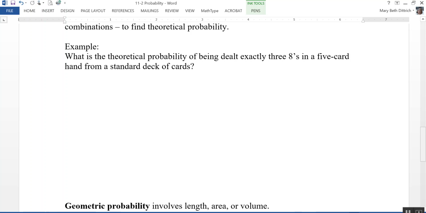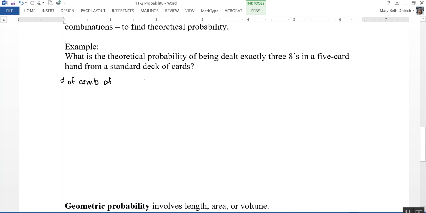Sounds like you're playing poker, and so what's the probability when they deal you the 5 cards that you're going to get 3 eights? Okay, so then let's write a few of these things out here. So the number of combinations, I'm going to abbreviate here, of 3 eights from 4 eights,